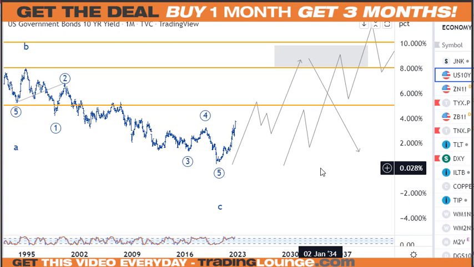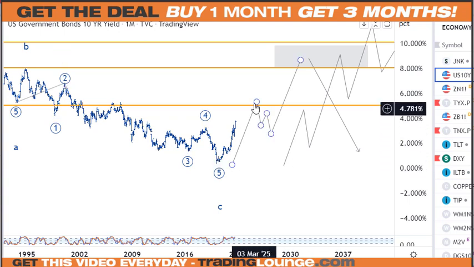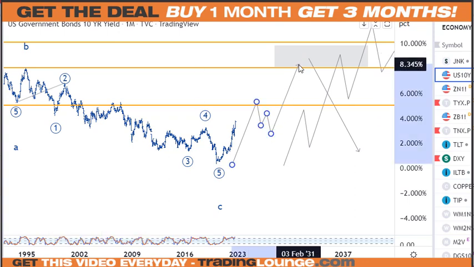But basically 5 waves up to the 5%, some sort of retracement in 3 waves should be simple and sharp and quick-lived, and then we'll see another 5 waves up